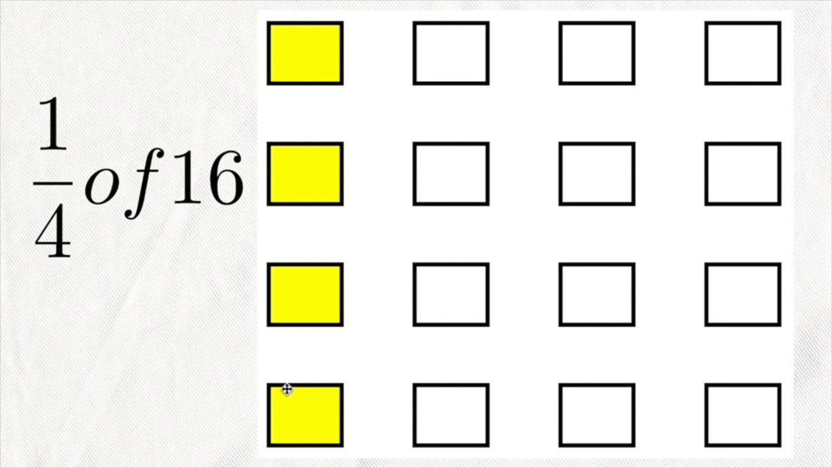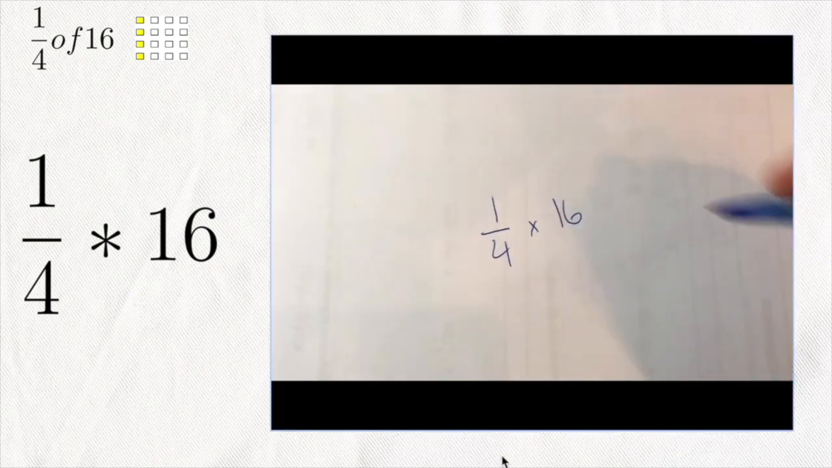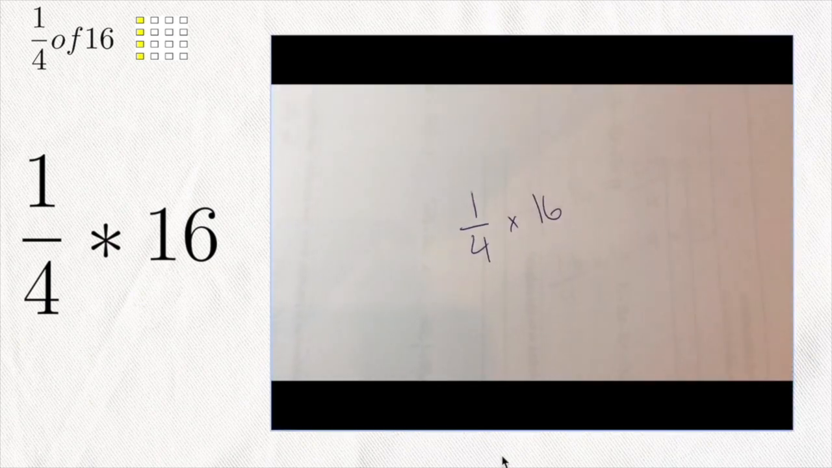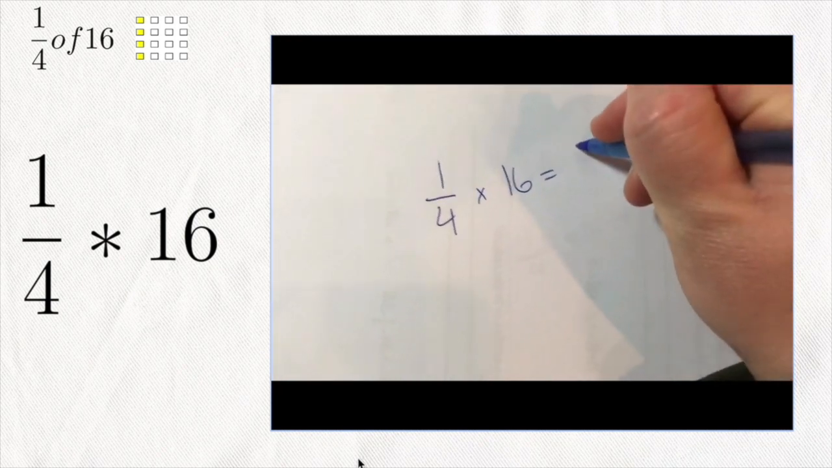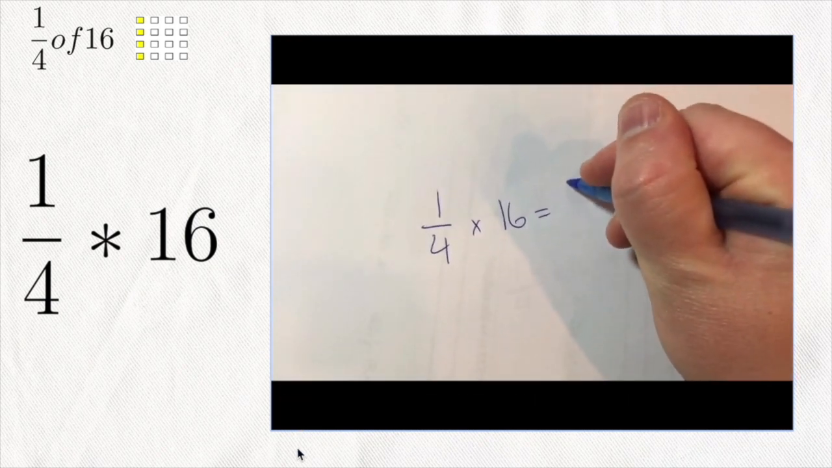Now, another way to think of 1/4 of 16 is to think of 1/4 of 16 as 1/4 times 16. Well, when we think about it as multiplication, we can use an algorithm to help us solve. So 1/4 times 16. The first thing I'm thinking is, well, I know when I'm multiplying, it's the same thing